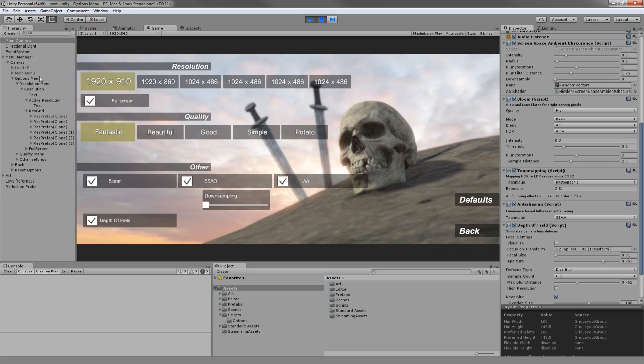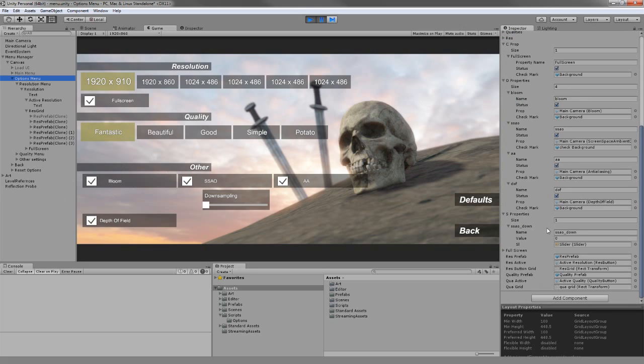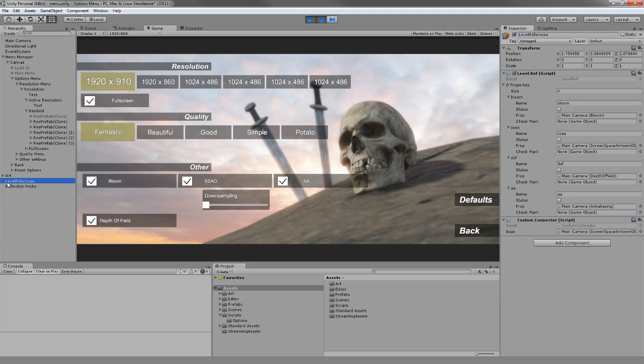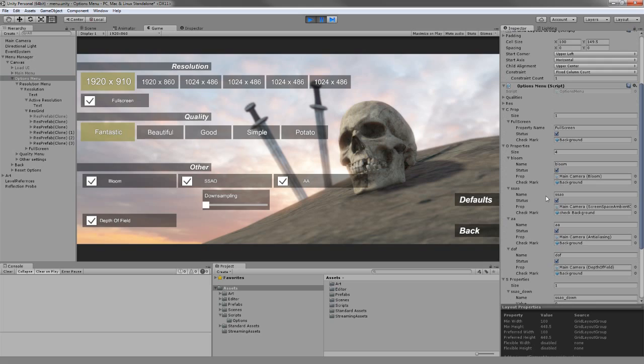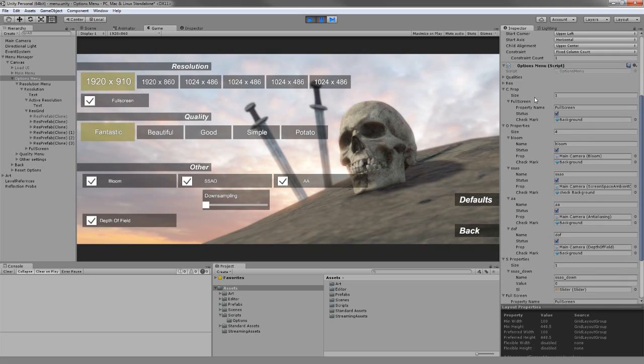and load them up into our options menu, so that we can know if we can actually change them or not. And that job is going to be done by the level references. Now, the level references has an all properties, which we'll see what we're going to do. We're going to use this, but the most important thing here is to have the same name in your level references and in the options menu, basically in these two lists. C properties is the check properties list,